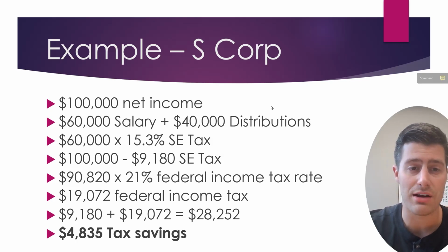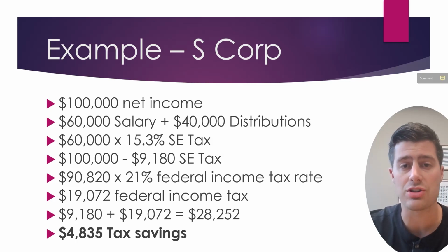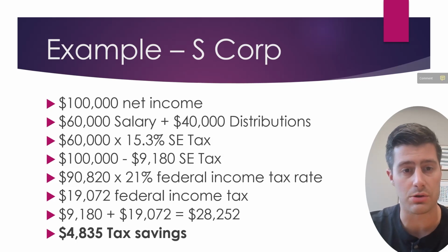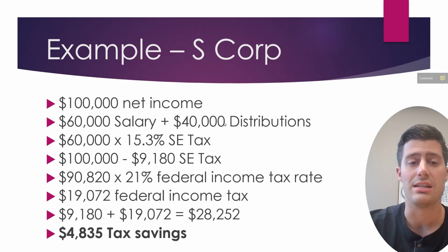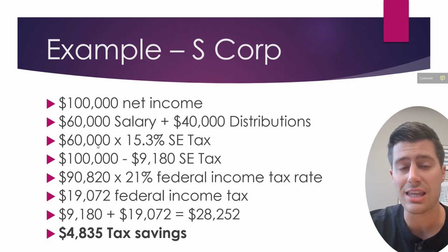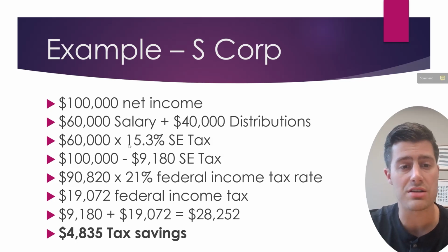So we have the same scenario, $100,000 of net income, but in this situation, remember that 60-40 rule I told you about. In this situation, we have a $60,000 salary plus $40,000 in distribution. So we take that $60,000 and you're going to have to pay that self-employment tax on your wages of $60,000. So now we have $9,180 of self-employment tax. Once again, we can subtract that from our net income of $100,000. So we get